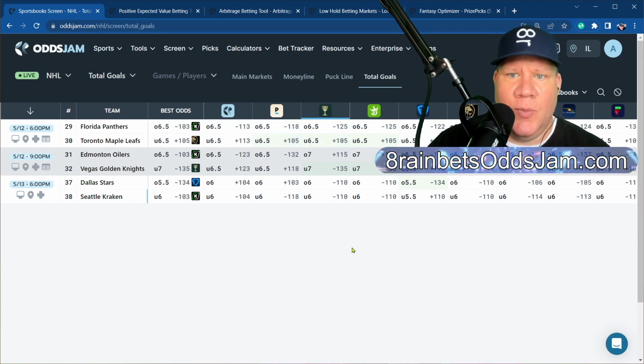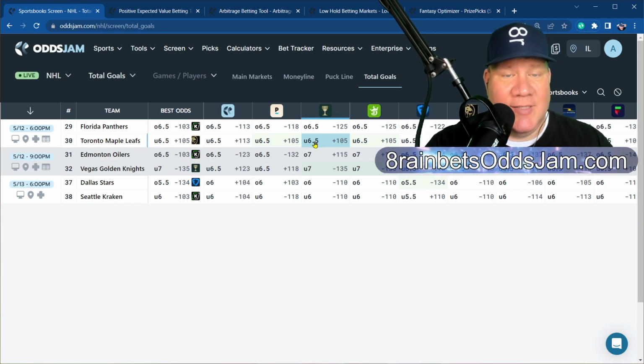Now, similar to what we were talking about before, the prices all matter. And so at FanDuel, if you're going to make this bet and say, I think they're going to only score 5 goals combined, well, you could go place it here and get $10 to win $10, or you can go and place that same bet at Caesars and get $10 to win $10.50, which is the better place to place that bet. There's nothing different about the circumstances or what causes that bet to win or lose. All that's different is the price.